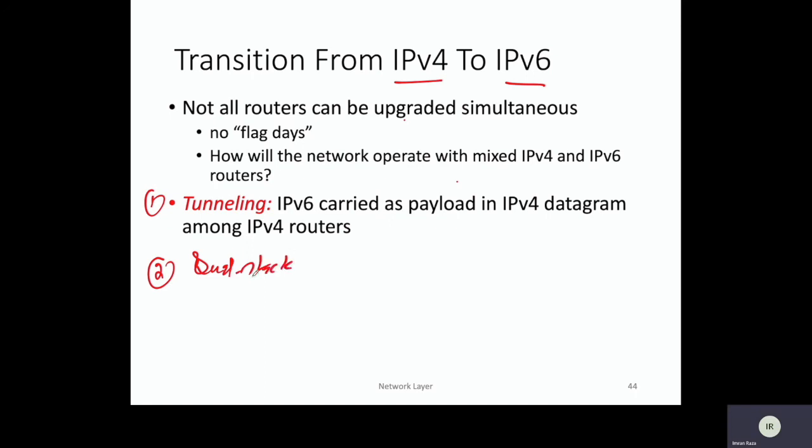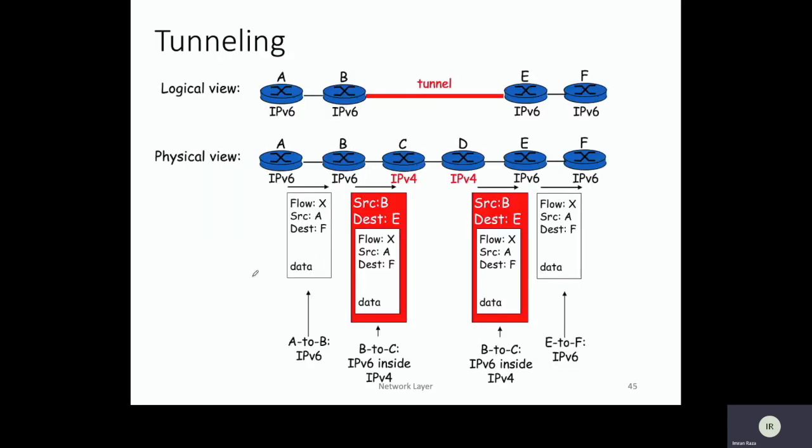Right? So let's try to understand how we can make a transition using either tunneling or the dual stack. In dual stack, this router B is dual stack, so it can operate on IP version 4 as well as IP version 6. So if a packet comes from an IP version 6 enabled router, say A, and the next router is